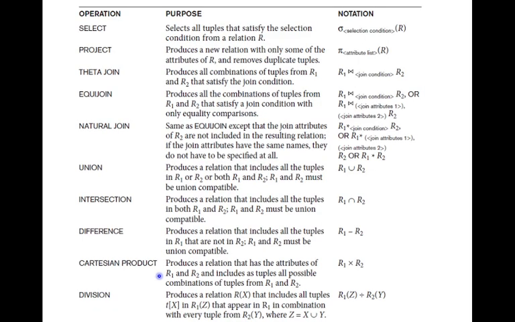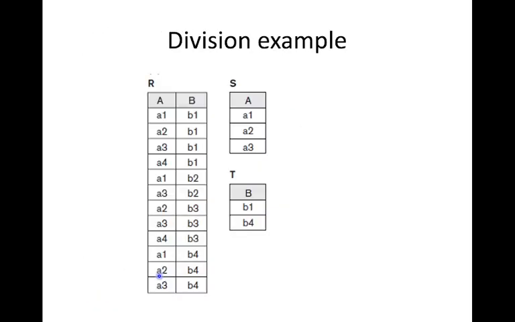Okay, so we will see another example for the same thing, the division operation, then you will understand. So if we take this R and S, and we are trying to divide R divided by S, then the resultant table will not have this A attribute. So it will be the B attribute. That is why we are showing that resultant as the B attribute.